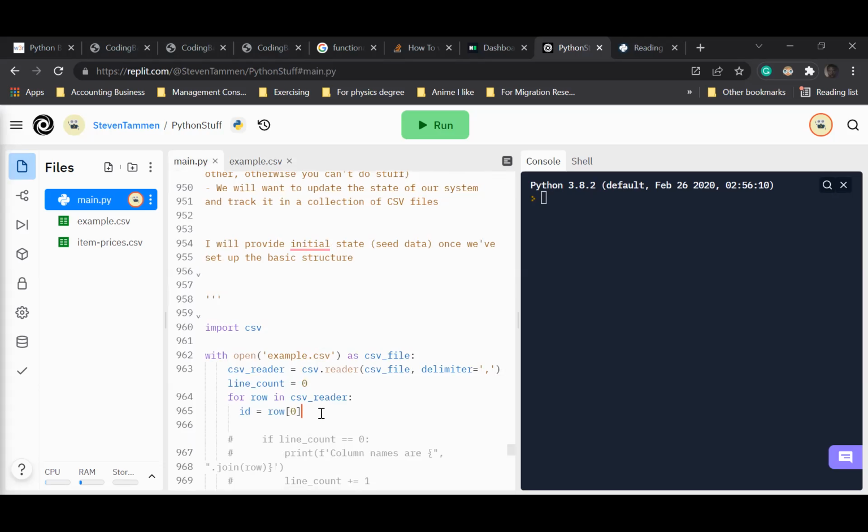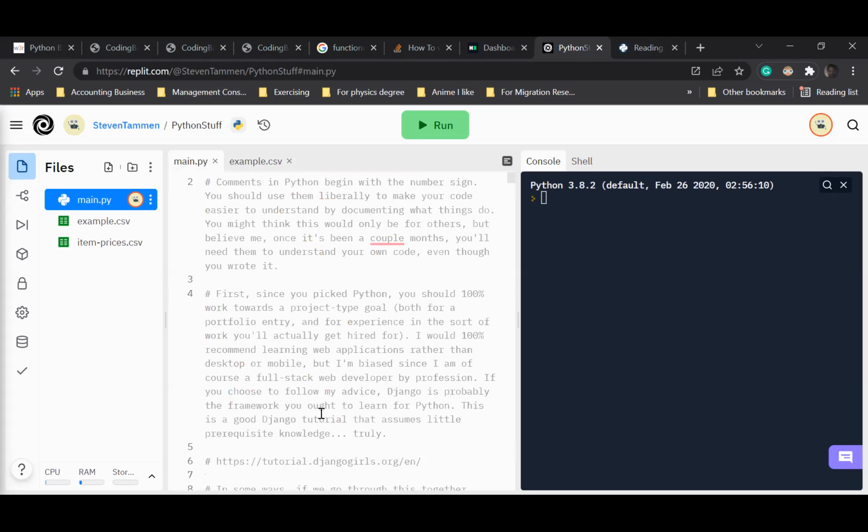I'm guessing that the handy library that we imported here, the CSV library, when we call CSV reader, and then we give it a file, and then we give it a delimiter, is going to,